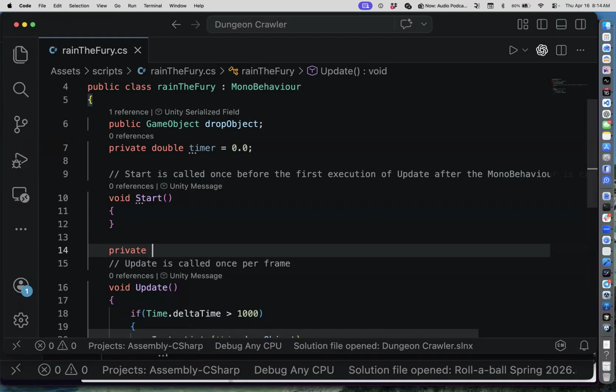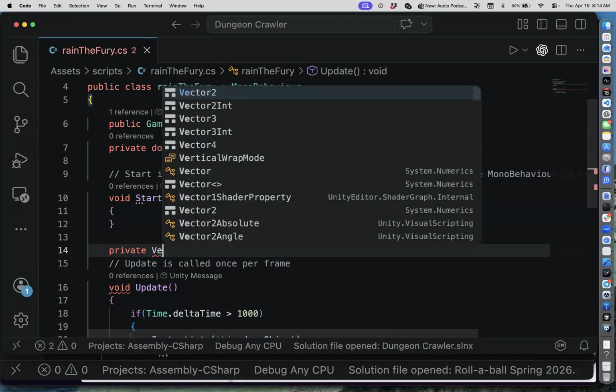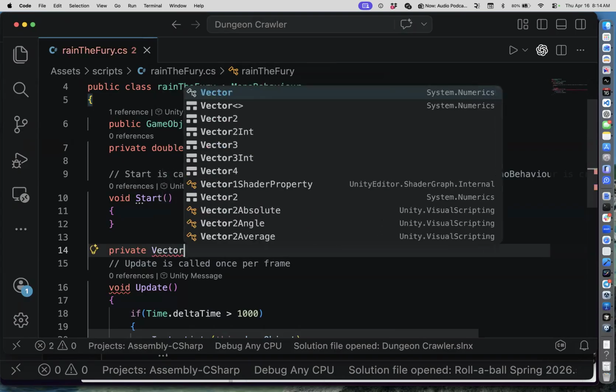Position holds XYZ. Rotation holds XYZ. Scale holds XYZ. So a transform holds position, rotation, and scale. So what do we call something that holds three values? Vector3. So this guy is going to return a Vector3